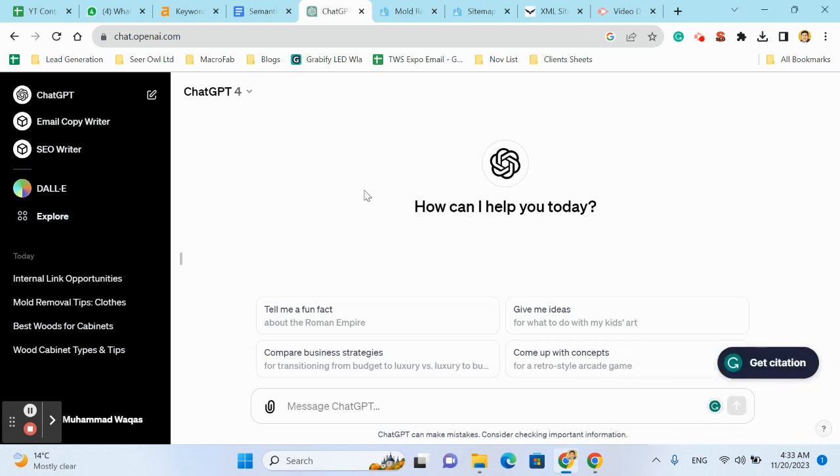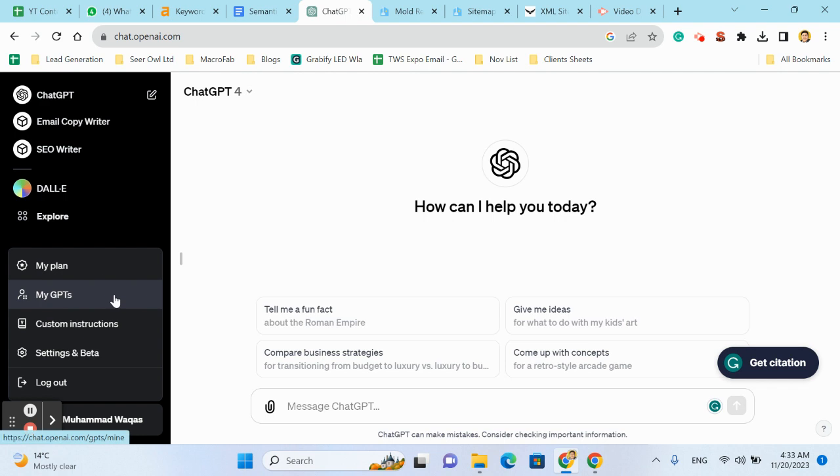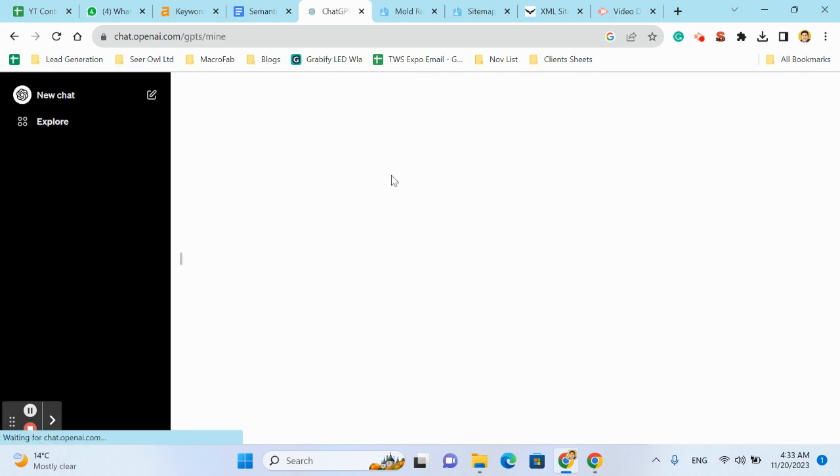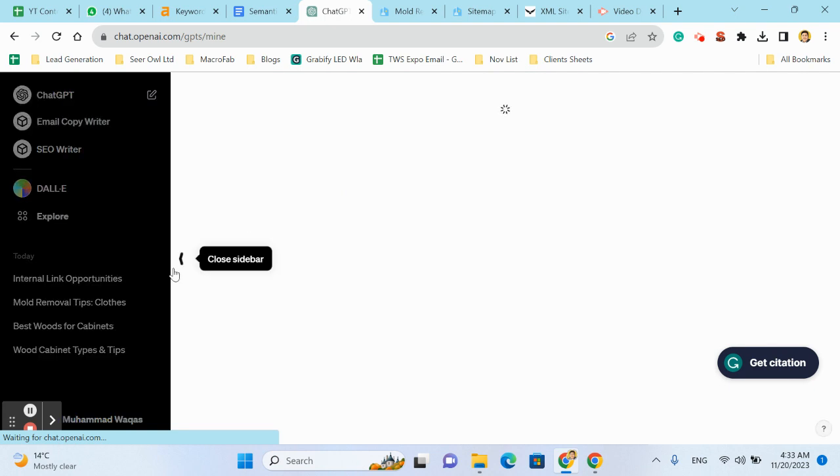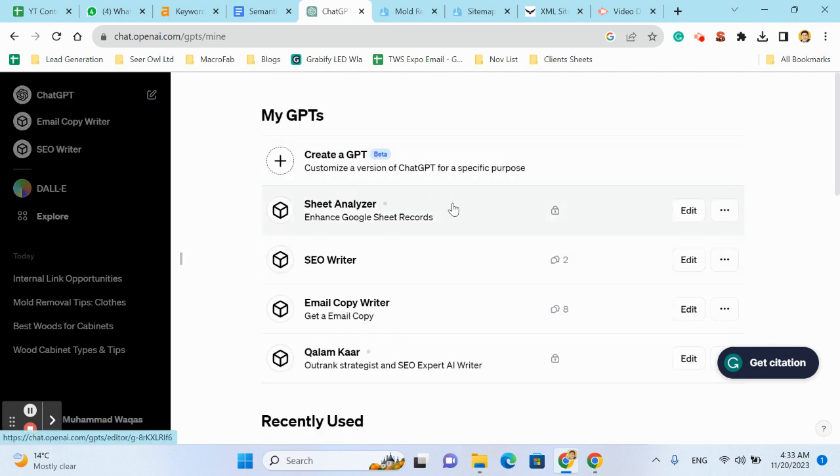Today we will learn how to make an SEO writer within ChatGPT for daily use. So you can go to My GPTs. It's the process of training the GPT on your dataset. For example,